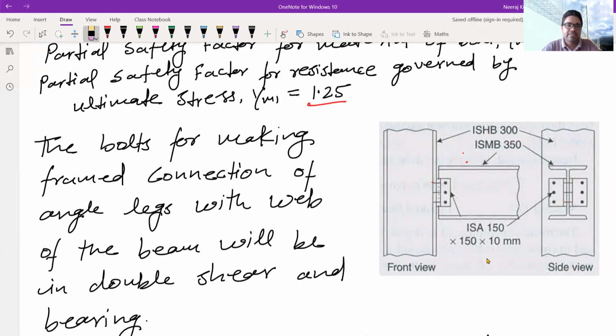Okay, so now it says the bolts for making the framed connection of angle legs with the web of the beam will be in double shear. So now you can see, as I said, that we are supposed to